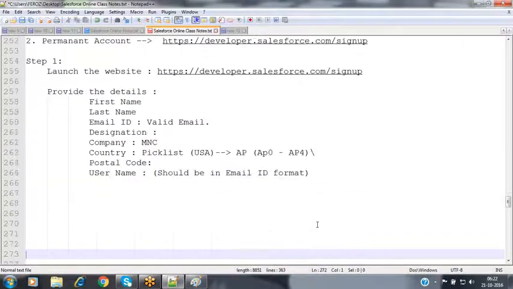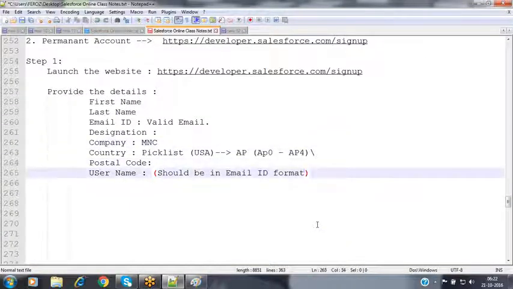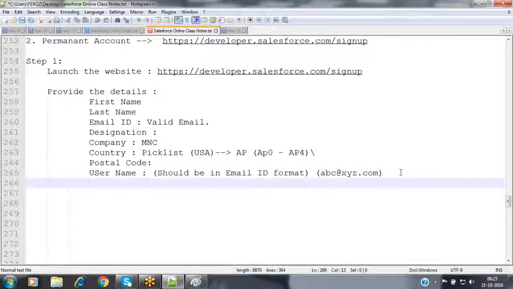It won't cross check whether we have any such email ID available or not. Simply it should be in the email ID format. We can specify something like abc@xyz.com. It won't cross check whether abc@xyz.com is a valid email ID or not. Simply the username should be in email ID format. That's it. After that, select the terms and